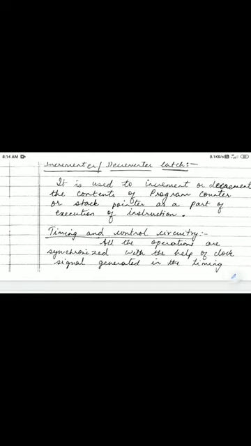Next one is ALU. ALU performs arithmetic and logical operations on 8-bit data. We are talking about 8-bit data only because it is an 8-bit processor. Next one is the increment decrement latch. The increment decrement latch is used with the stack pointer or program counter in order to execute an instruction. For example, once one particular instruction is executed, it increments and goes to the next line instruction.